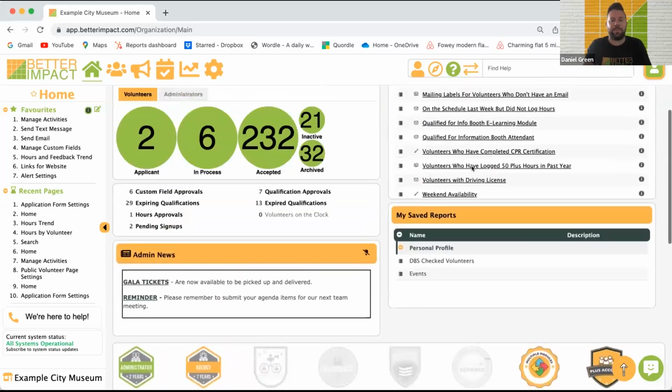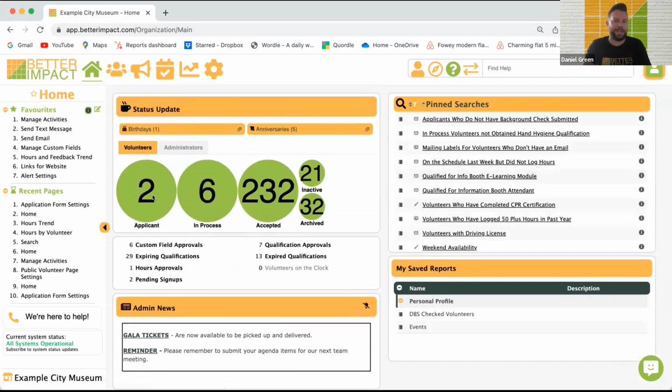So let's focus back up onto the top here and these statuses. As I mentioned, each status represents the volunteer's journey. It's good to know that you can onboard and recruit via the software using an application form, which you'll be able to add to your website. This is where you're going to drive recruitment. When these applications do come in, and these are all completed applications,